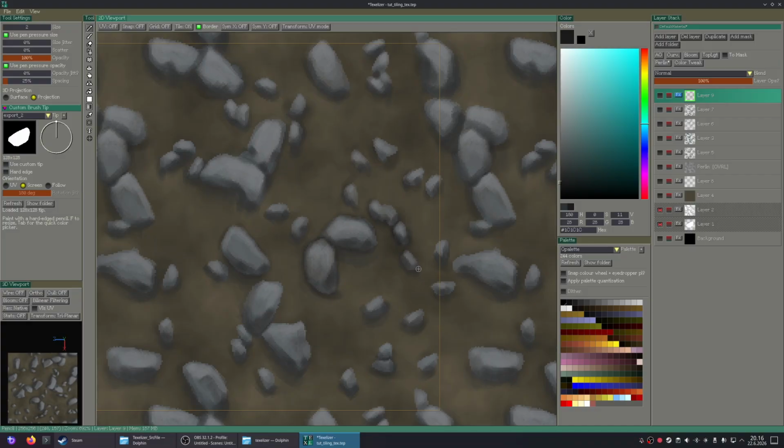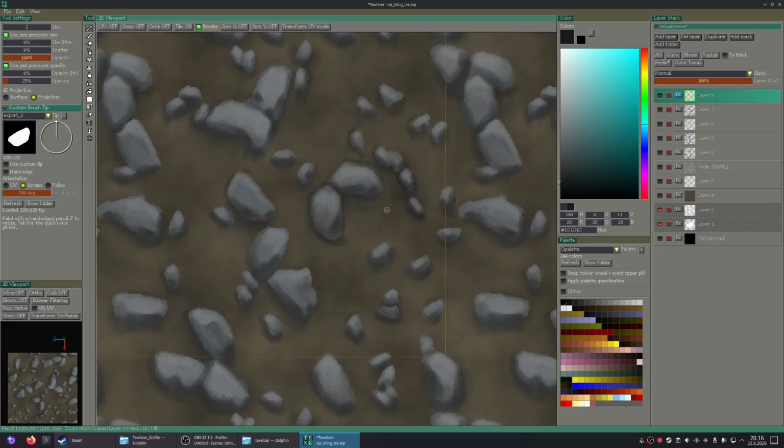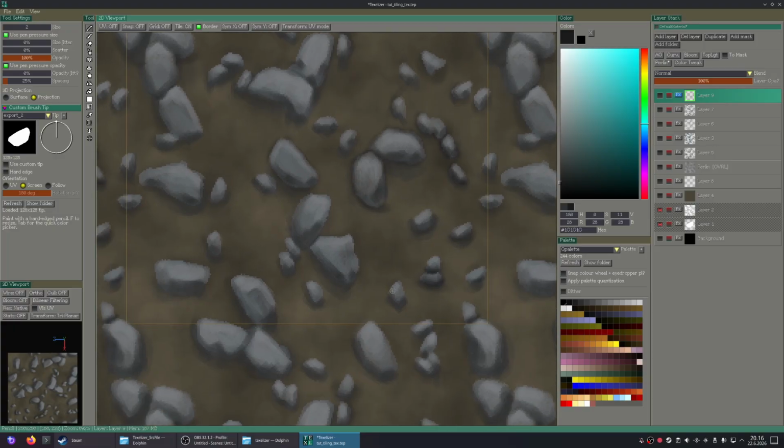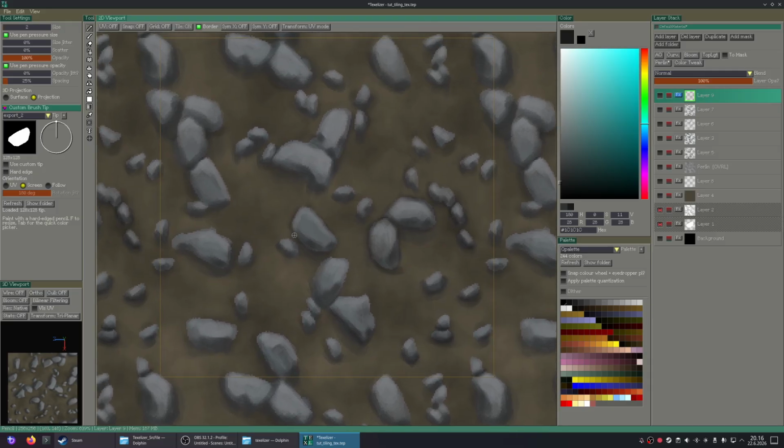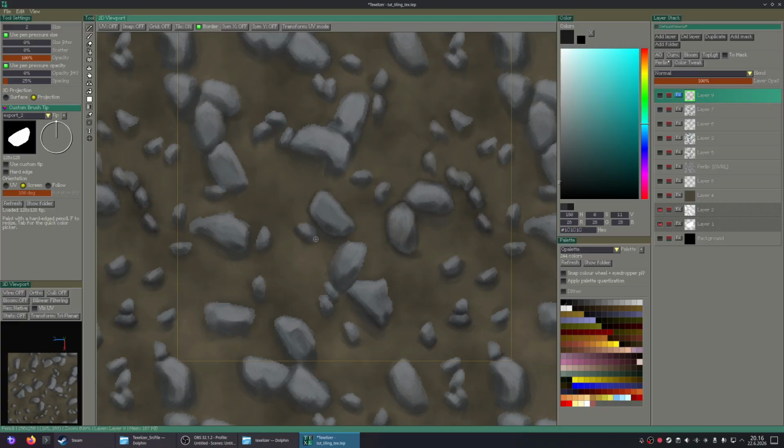I'm not sure if it will work, but is this like a contact shadow maybe? I don't know. Should I just put it to the shadow side of the rock? Not sure if that's working, but we will see in a minute.